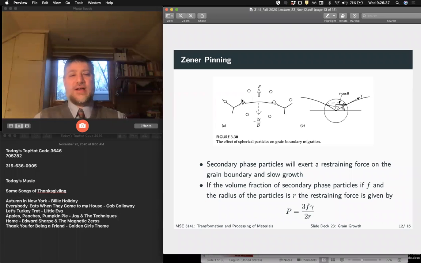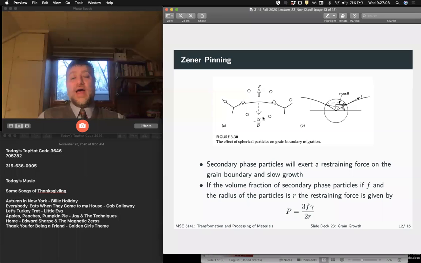I don't want to do that here, because I want to keep the picture simple for you guys. But essentially, if we think about being able to eliminate some interfacial energy, it means that when the grain boundary is touching all these particles, it's in a lower energy state than when it's going through the matrix. So that's going to provide a resisting force,